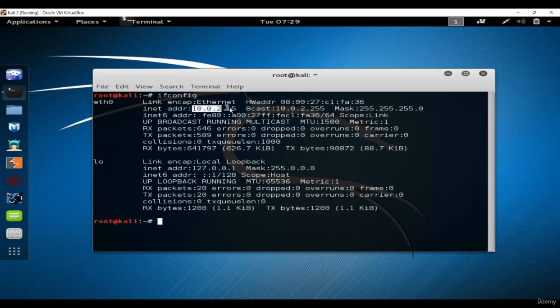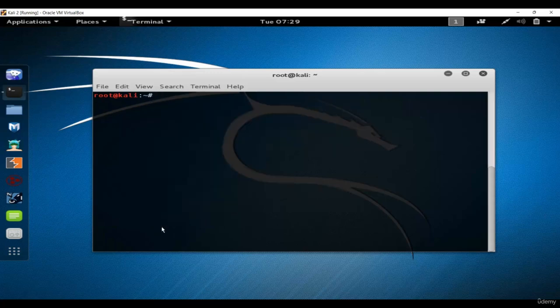So this one is our private IP assigned to this particular system by our gateway. So this is the IP address for this particular system. We can also change these settings, or network configurations, using the ifconfig command, but we will do that in the coming lectures. For now, let's just focus on the IP address and net mask. Okay, so our next command is